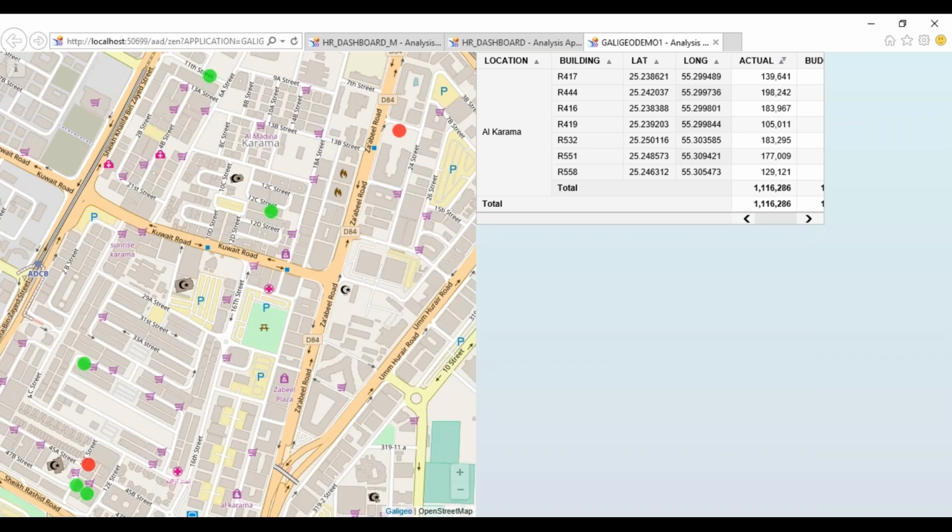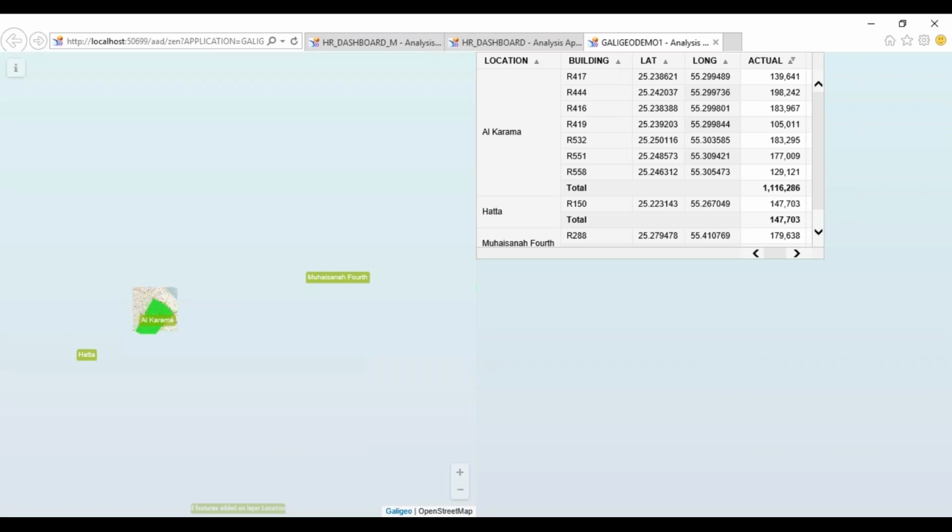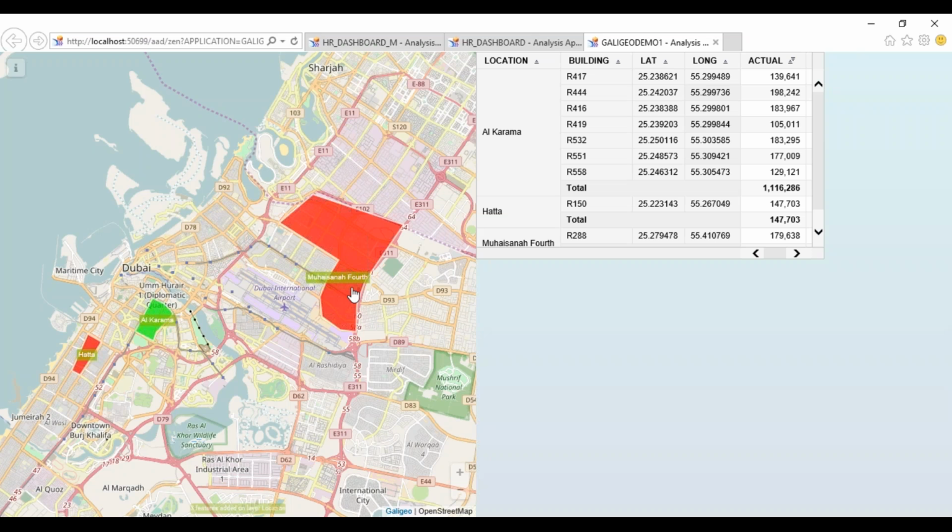You can customize this icon also. In the default component, all these dots will be the same color. You cannot put conditional formatting here. But in the Galileo component, you can put a label also. Like you see, there is a label on the area. This is Karama area, this is Esna 4th area.